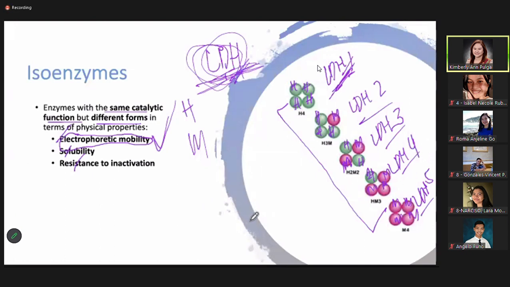So kung sino yung pinakamabilis mag-migrate, yun yung i-assign na isoenzyme 1 during electrophoresis. And kung sino yung pinakamabagal, kung ilan man tong isoenzymes na to, the slowest one will be assigned the lowest number or the last number kung ilan man sila, no? So for example, here in your LDH, 5 silang isoenzymes. Si HHHH, si HHHM, HHMM, HMMM, and MMMM, right? So during electrophoresis, chinek kung sino yung mabilis mag-migrate. So pinakamabilis mag-migrate ay si H4 or HHHH. So siya yung inassign na isoenzyme 1. Okay? So ganun sila differentiate. And yung pinakamabagal na mag-migrate, the slowest, is your